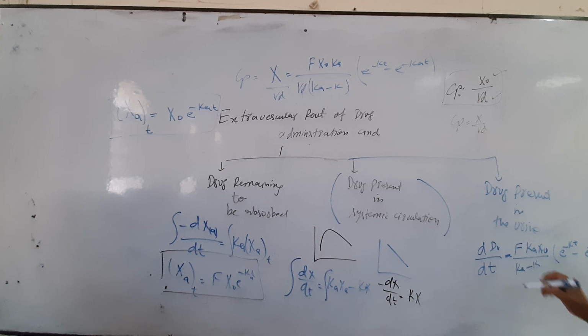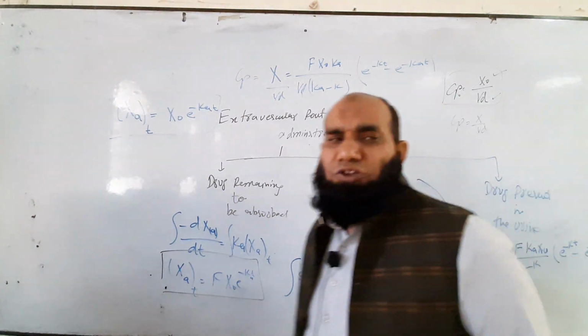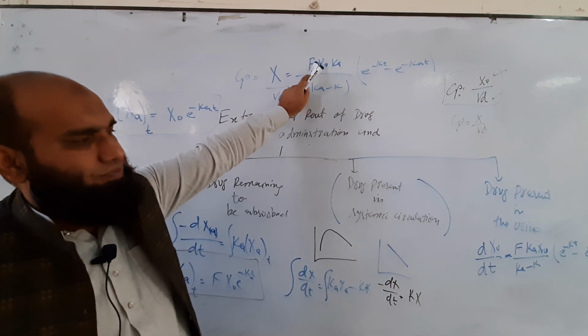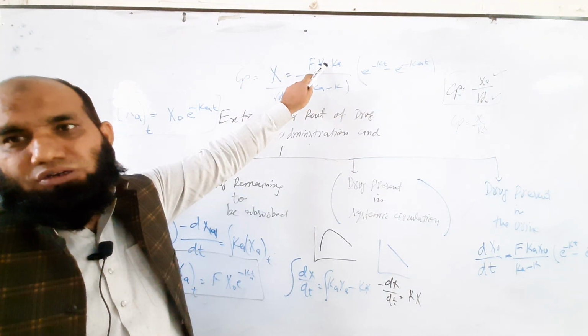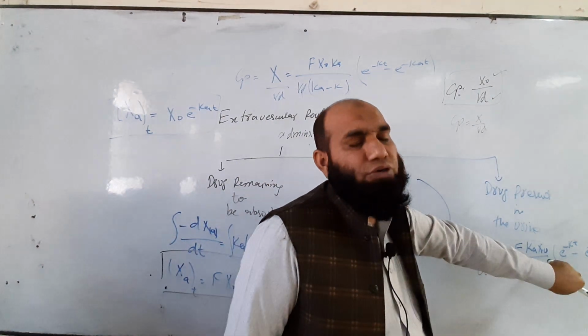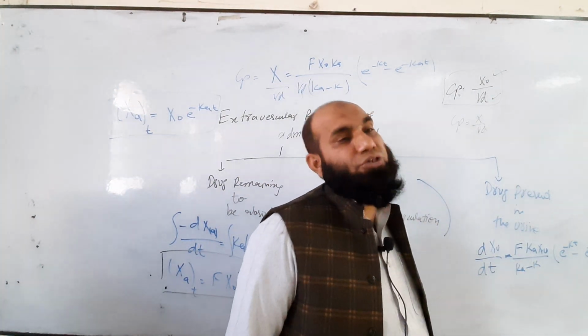This is another way. Well, okay, I can write the word dXu so that it may be very simple. Same equation, but the use of this is that there are the two rate constants, Ka and K. Now the word is Xu. This is different from the X naught. Remember, in case of X naught, the value is the dose of the drug. Xu is the cumulative amount of drug which is getting collected from the urine.